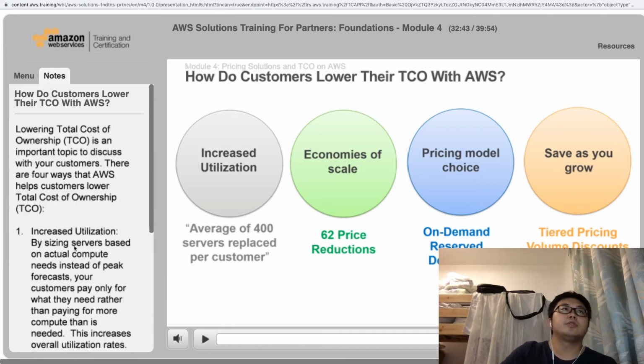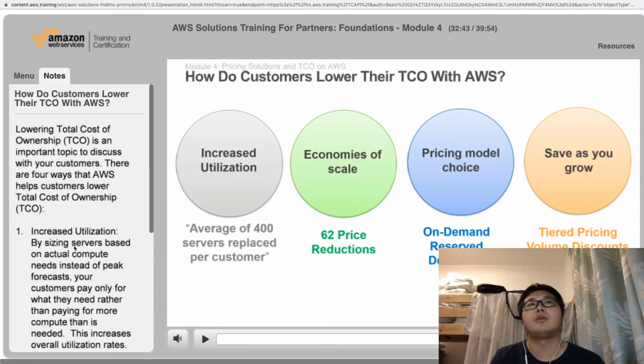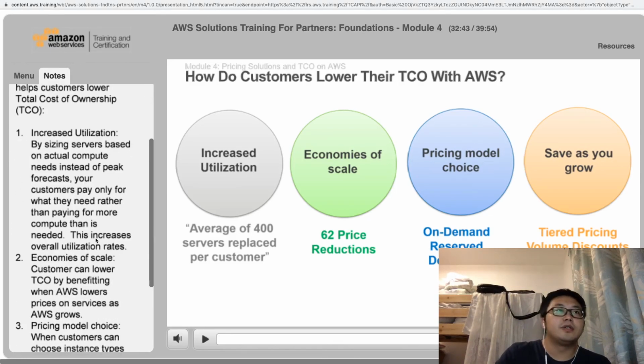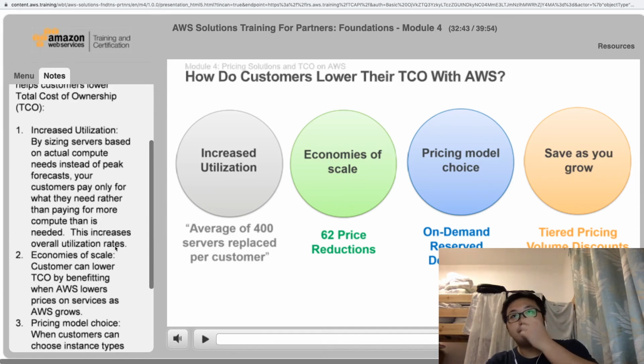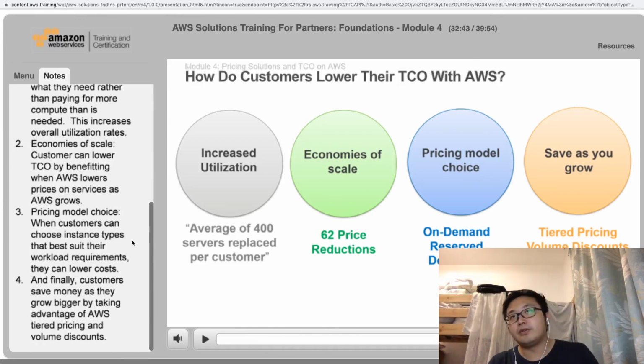这边就是说亚马逊价格体系上的优势。第一个就是 increase utilization by sizing servers based on actual compute needs instead of peak forecast。就是 pay as you go 了，简单来说就是用多少花多少，这是最基本的。然后 economies of scale 就是说 AWS 会经常降价，过去已经有过62次降价了，AWS 越大越降价，然后你就能受益。再一个就是 pricing model，它有很多种付款方式，on demand、reserved、dedicated，还有 spot 那种竞价，你可以选择非常适合你自己的，越适合当然越省钱。然后 save as you grow 就是说你用的越多，省的越多。